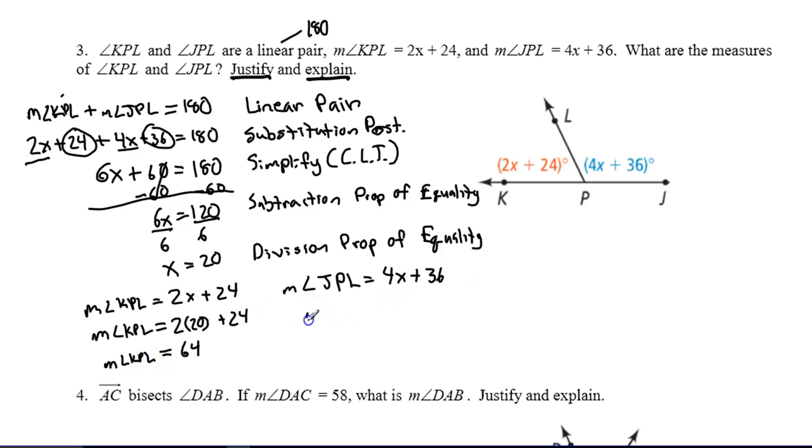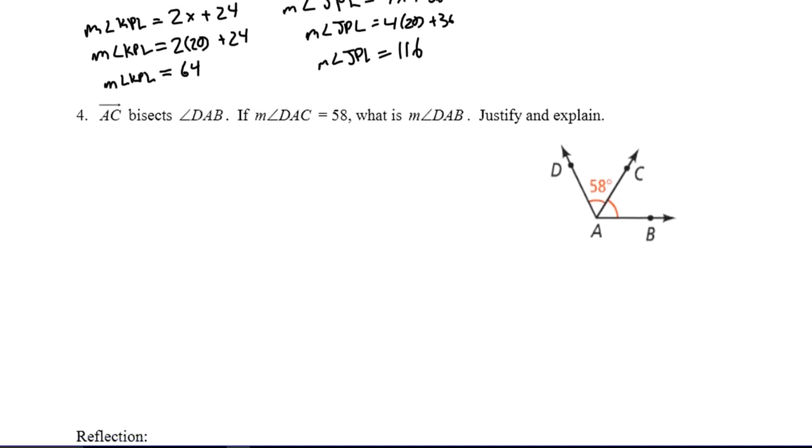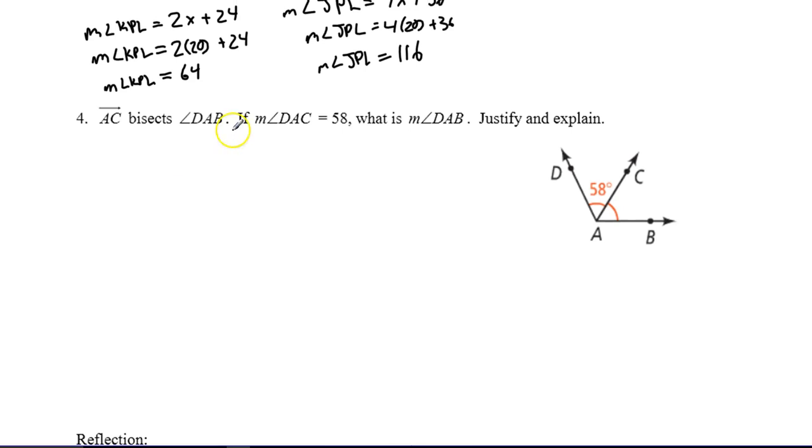And over here we have the measure of angle JPL, and that's 4 times 20 plus 36. The measure of angle JPL equals 80 plus 36, which is 116. All right, so we have those. So that's a little bit of what we would call a proof, or giving some justification or explanation for how we approached that. All right, now we have one more of these, and again we see this big word here,